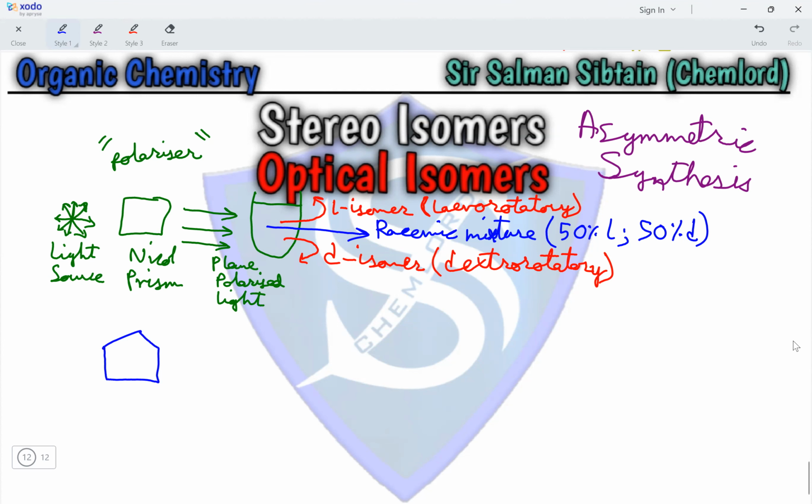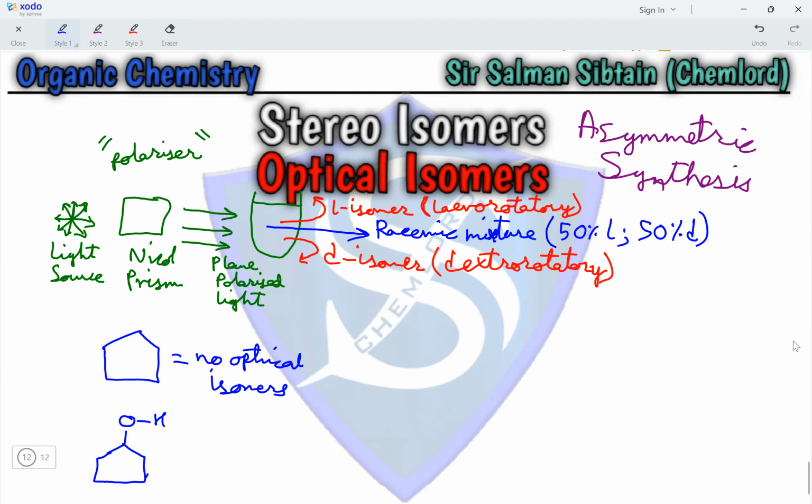Here, every carbon atom is bonded to 2 hydrogen atoms, and all 5 carbon atoms are bonded to 2 hydrogen atoms. So, this compound will have no optical isomers present. If we have a compound with an OH group present attached to one of the carbon atoms,